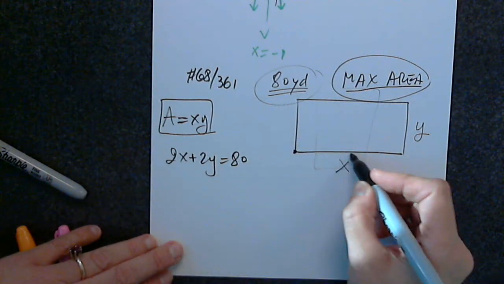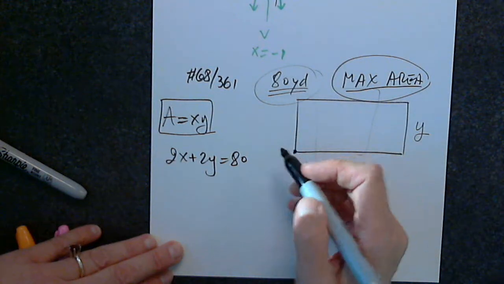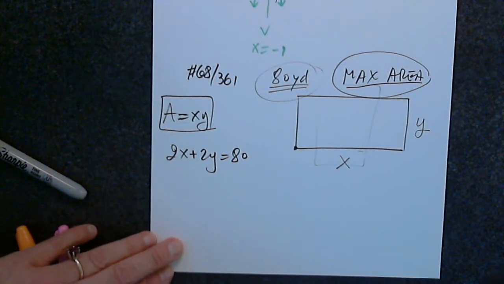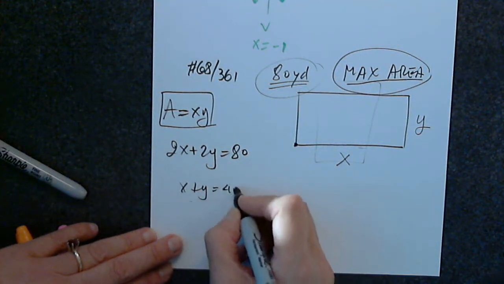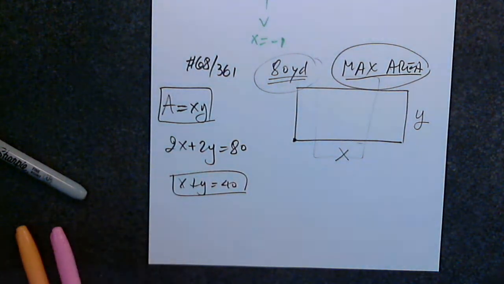We start here, we go all around, and we're using the 80 yards. So obviously 2 times x plus 2 times y. I will divide both sides by 2 because I want to simplify the equation. So